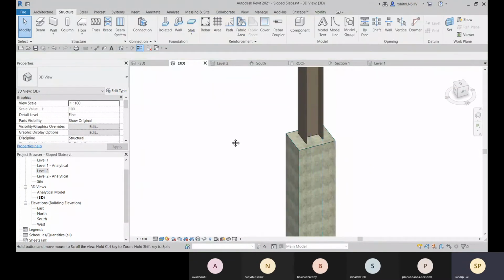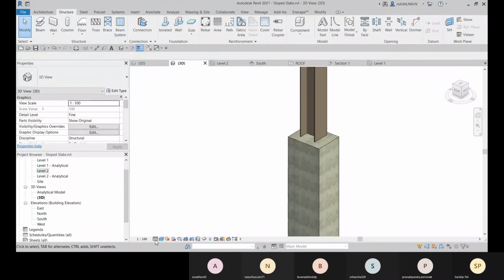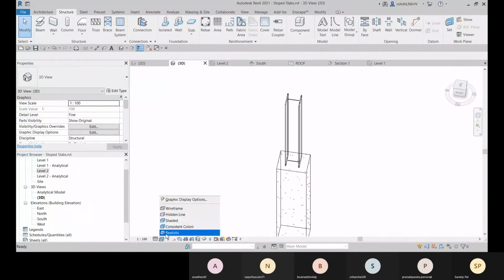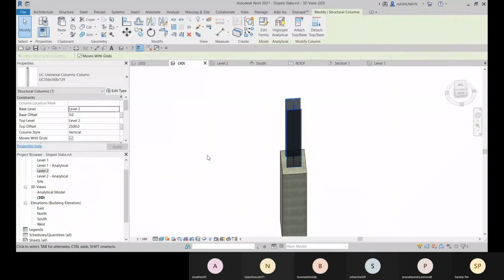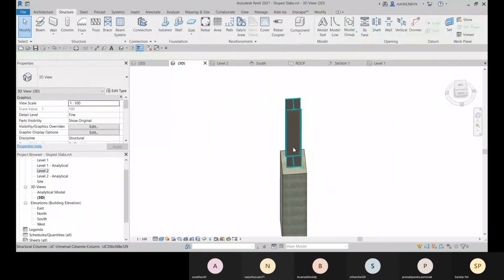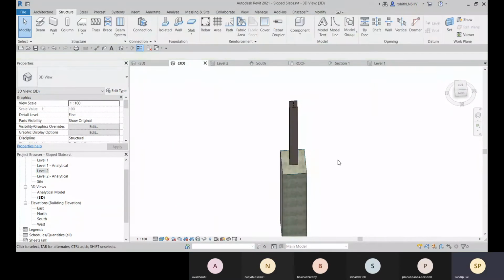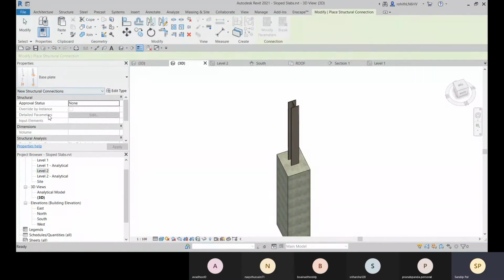Okay, so just a second. Let me go with this wireframe. Let me change the type. Okay, so now let me check once again. Go for this connection, base plate.